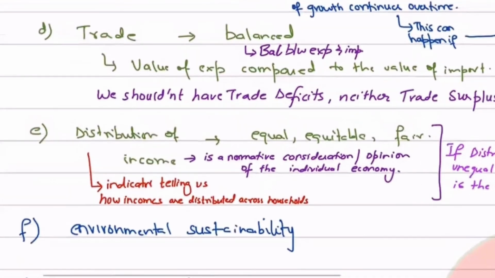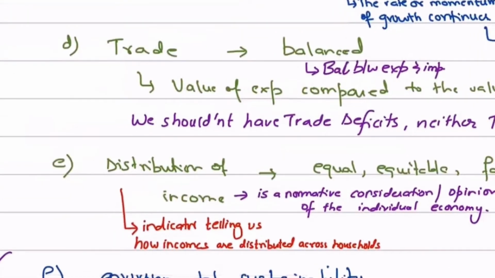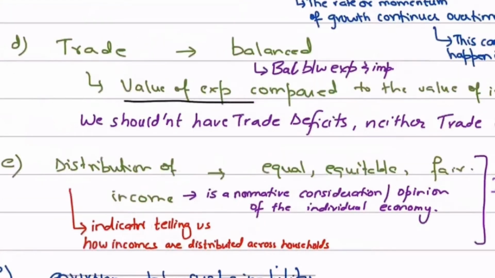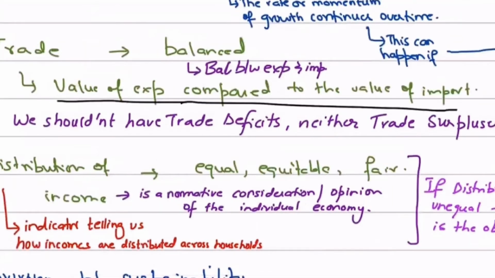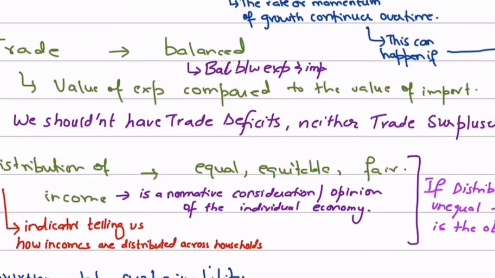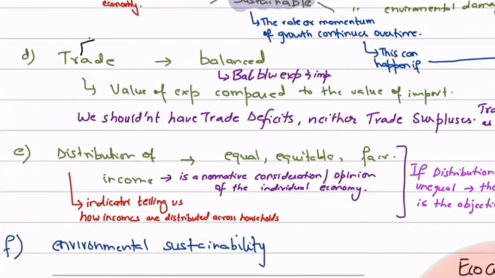Yeah, आपका जो trade है, यानी that is the volume of exports compared to the value of imports. That is the value of exports minus the value of imports. ये जो ट्रेड है आपकी, ये आपकी किस डायरेक्शन में जा रही है? क्या ये डेफिसिट है या ये सरप्लस है? ना एक्सेसिव डेफिसिट अच्छा है ट्रेड में, ना एक्सेसिव सरप्लस अच्छा है. हम ये कह सकते हैं हाँ एक्सेसिव सरप्लस इतना बुरा नहीं है जितना डेफिसिट बुरा है, but then again our target is to have a balanced trade.